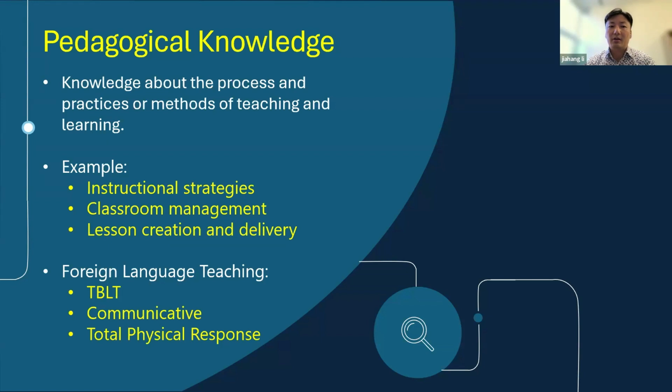And if we are talking about pedagogical knowledge in the foreign language teaching context, then there are a lot of specific approaches that I'm sure you are probably familiar with, like task-based language teaching, right? Or project-based learning, PBL, right? And the most familiar approach might be the communicative approach of teaching the language.